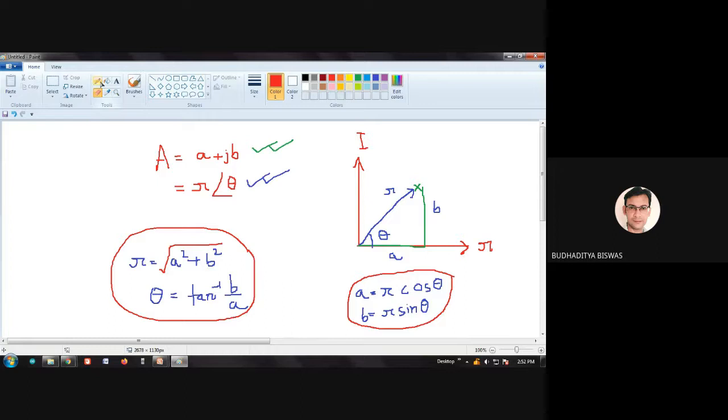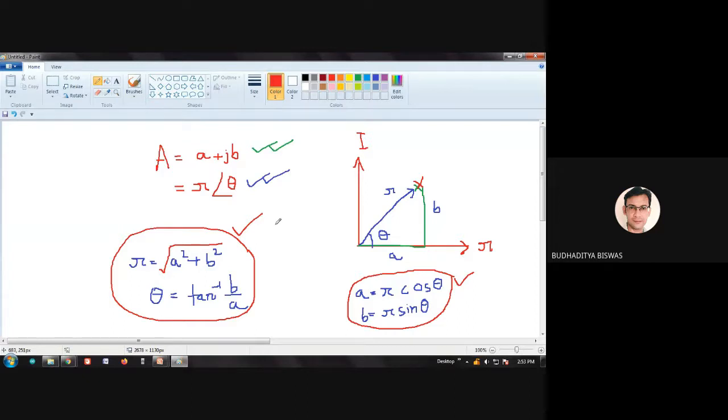The people who wonder how these are coming, this is very easy. This is coming from the particular triangle, because this is an imaginary point x, so we can reach x in this way and in that way also. In this triangle, this one is r, this is a, this is b. So we find r equals root under a square plus b square, theta equals tan inverse b by a, or a equals r cos theta, because cos theta equals a by r. So a equals r cos theta, b equals r sin theta. So we have 4 formulas in 2 sets. One set converts rectangular to polar, and this set converts polar to rectangular.